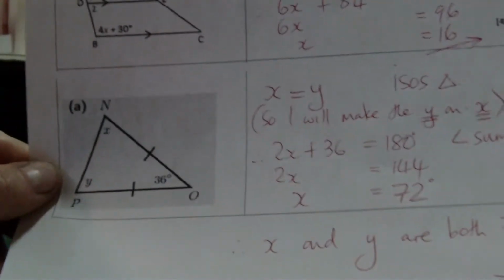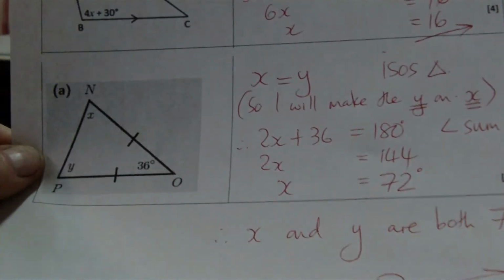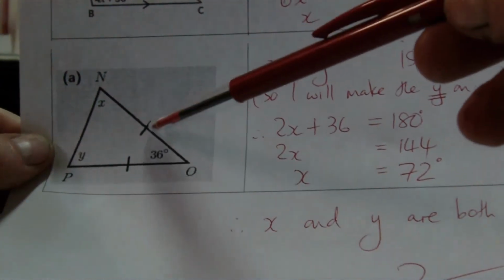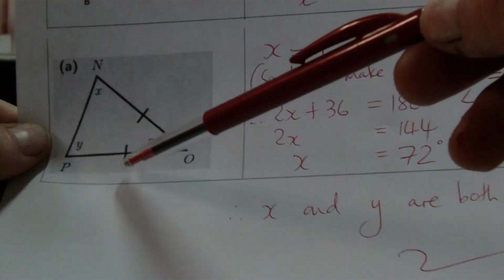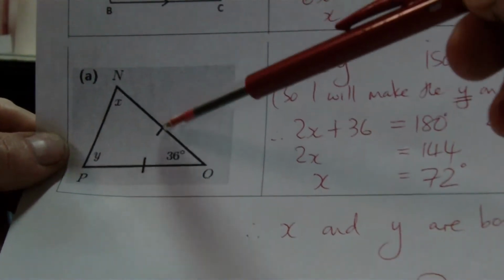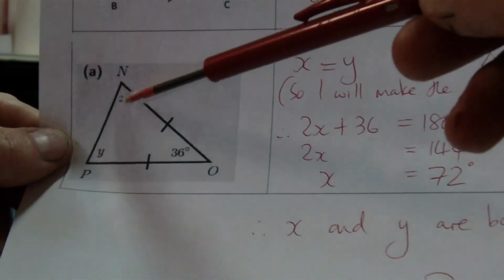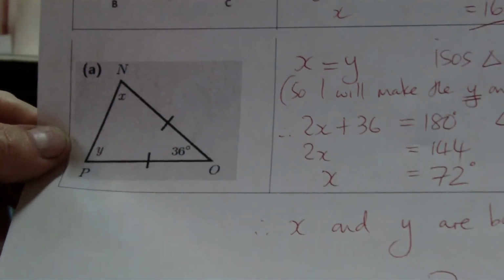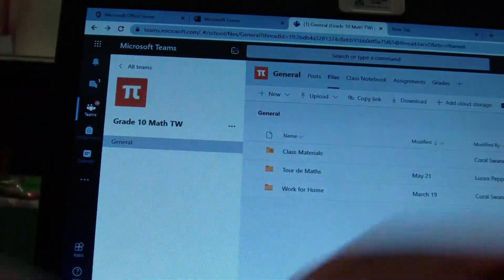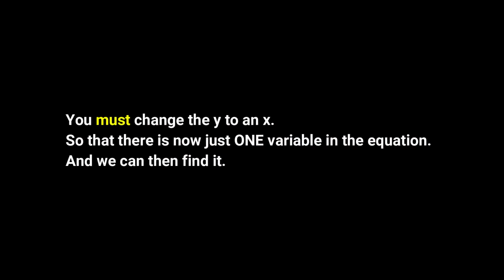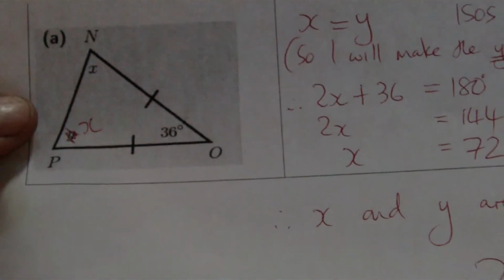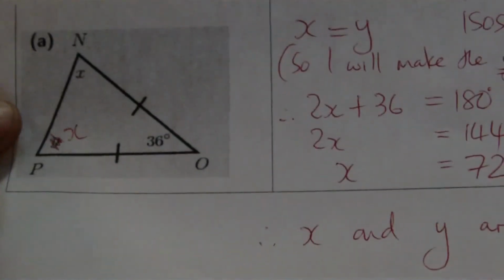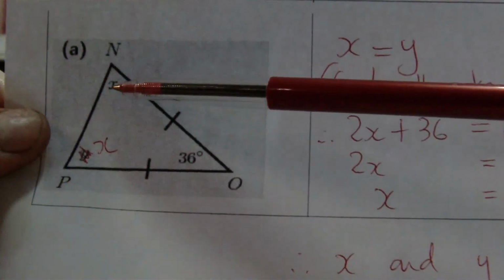And then the last one, I'm sure they're also asking what's x and y. I think it's obvious. This is isosceles triangle again, eh? Opposite this side is this angle and opposite this side is that angle. So we know that the x and the y are actually the same. So what I went and did was I just made that y equal to an x, because they're the same. And then from there we know that x plus